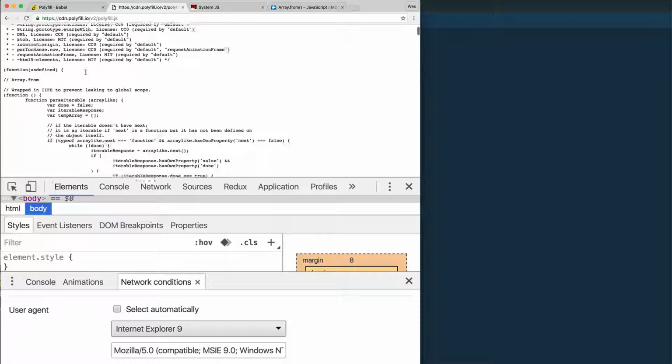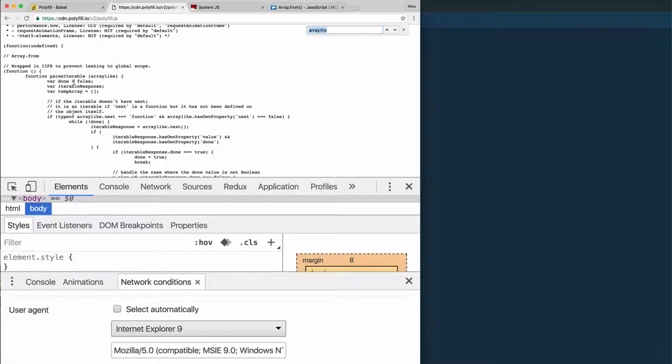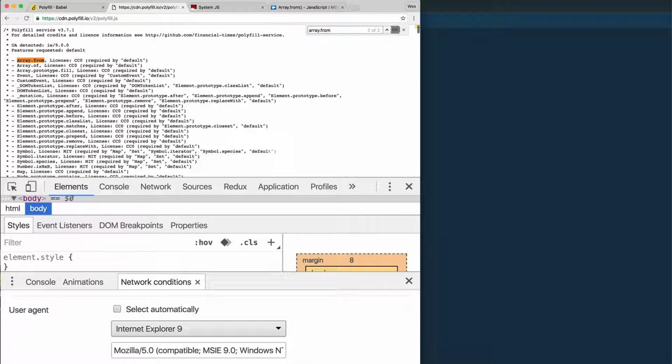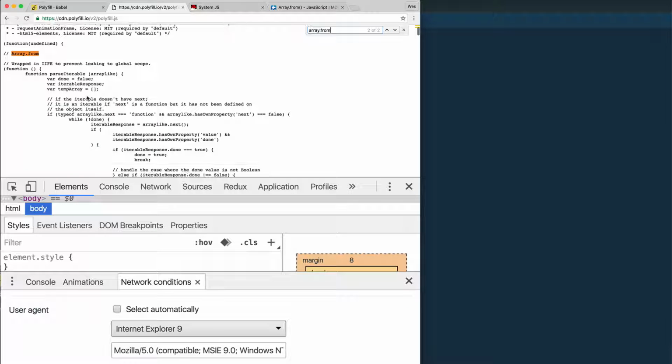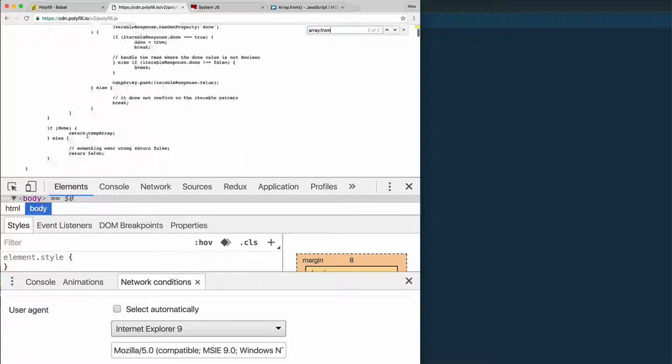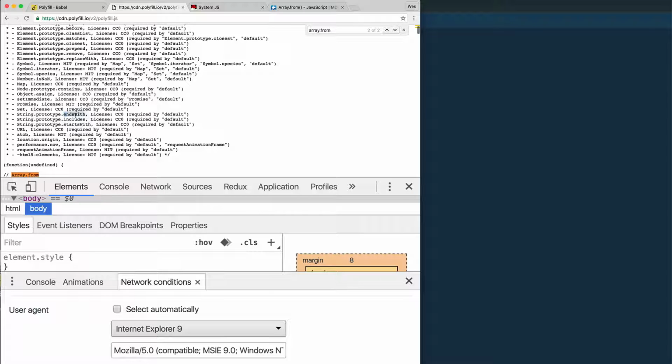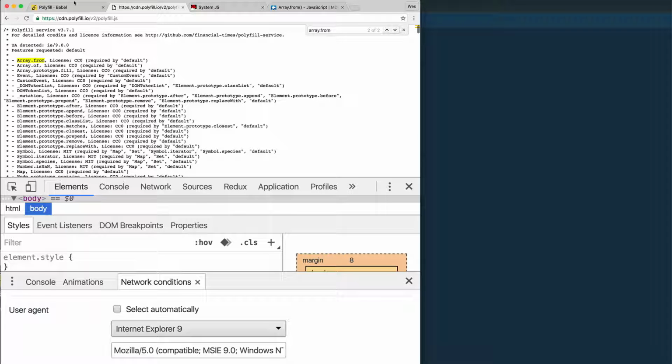And if you read this code here, well, let's just search for array.from, and then it will show us the code here. And if there is no array.from, it's going to polyfill that for us. It's going to polyfill array.of, array.fill, array, all of the element stuff, all of the string methods, endsWith, startsWith, includes. We went over all of these, and now you can use them in your older browsers. So what I would recommend is